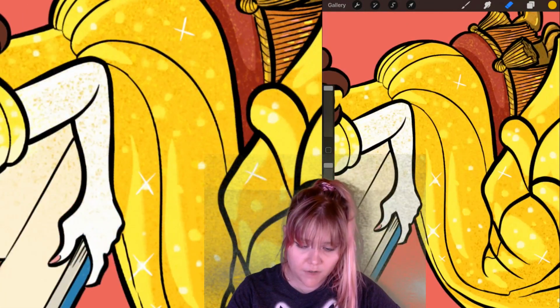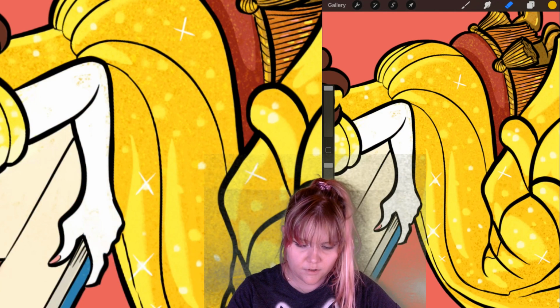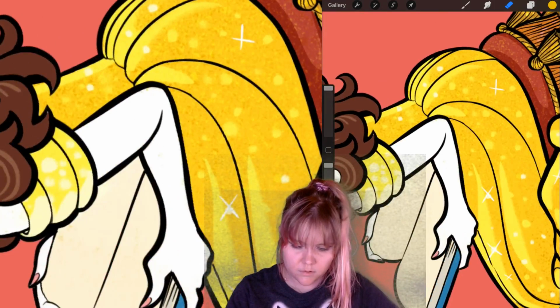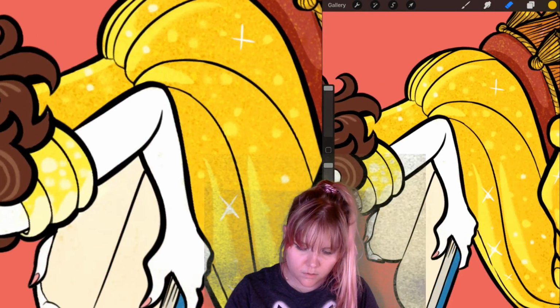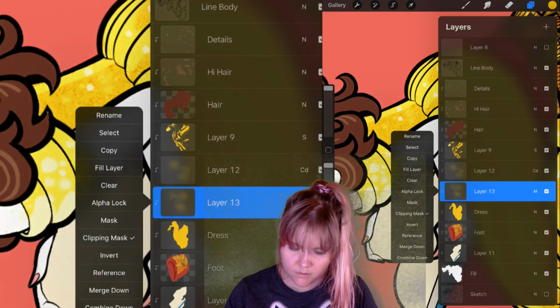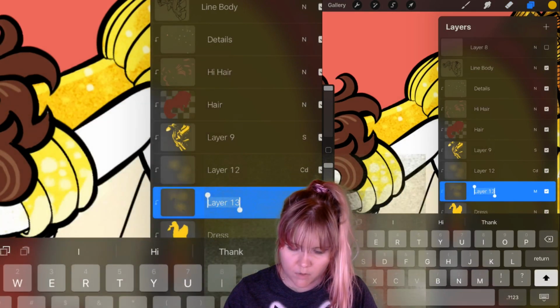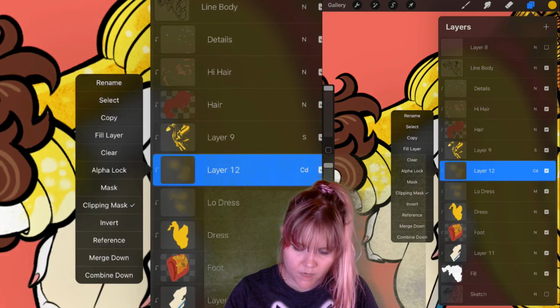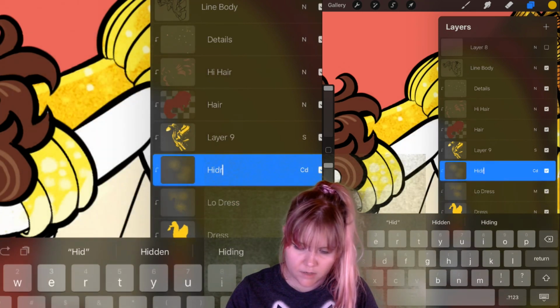And you're gonna have to do that regardless because of the way that my layers are. Cool. And then I'm catching that I'm not doing that, so rename low dress, rename high dress,